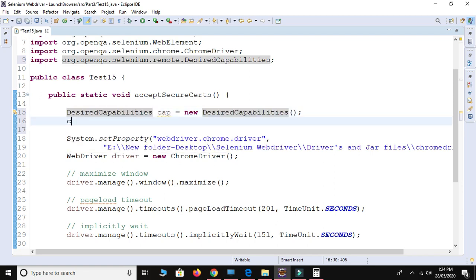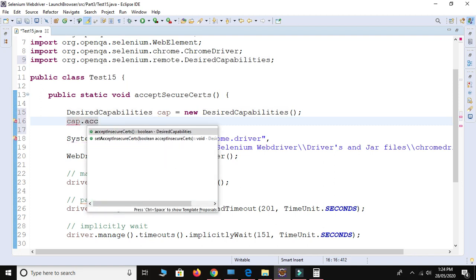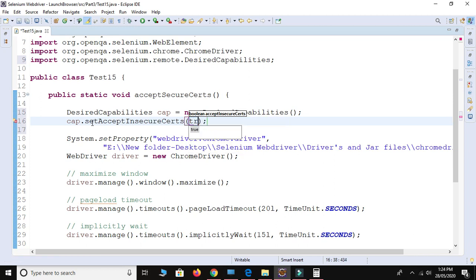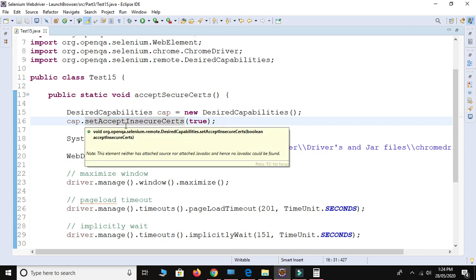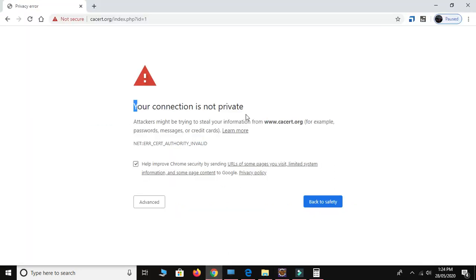So we use cap dot, we use the method setAcceptInsecureCerts, and then we provide the boolean value true. It means we are going to accept insecure certificates. It may be possible that this certificate is insecure, but we need to launch the URL.